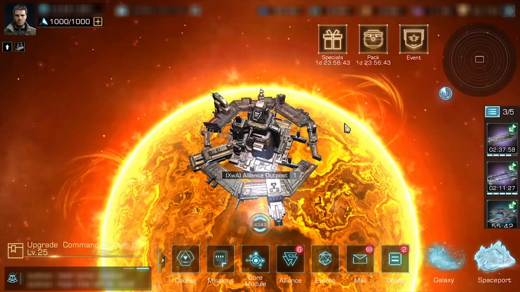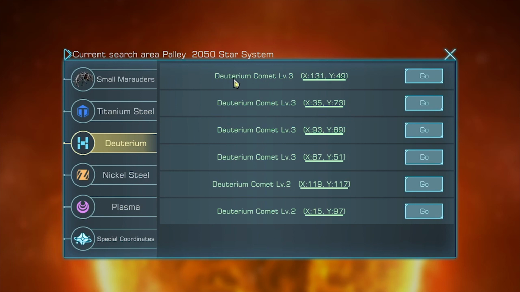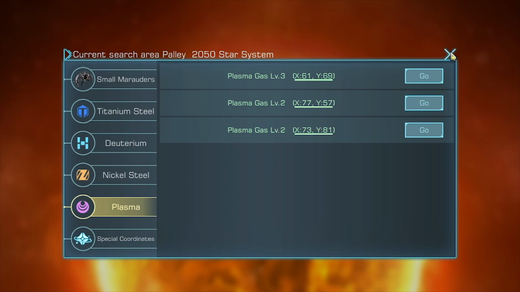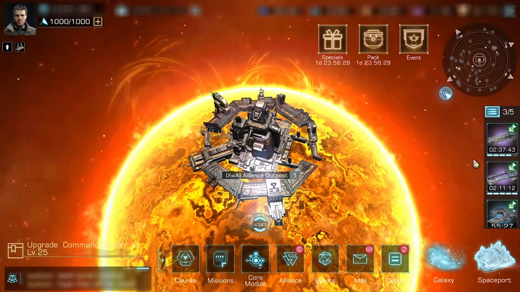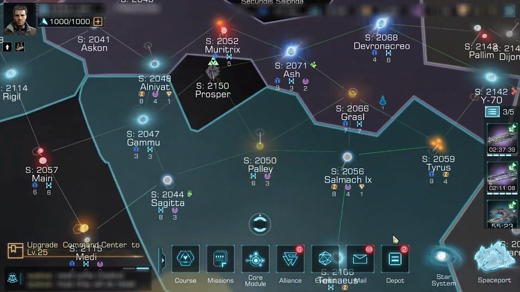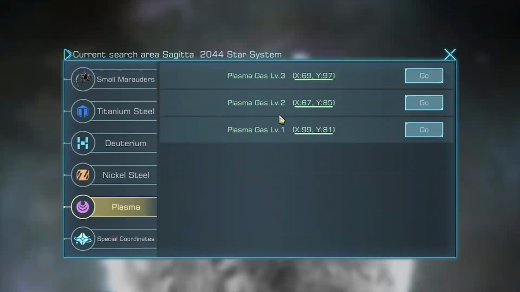6-3, and the same thing again. The full window is always 7, so we have 6 deuterium, 3 plasma, nothing there, and that's it. I did send my main fleet out here into the outer ring because I tried other fleet compositions before, and it is also working,